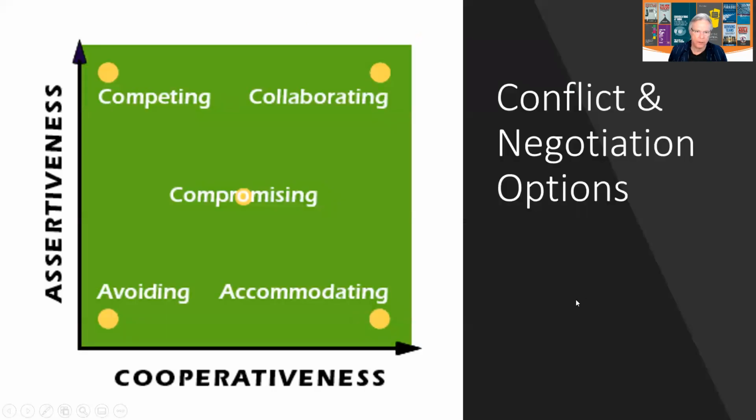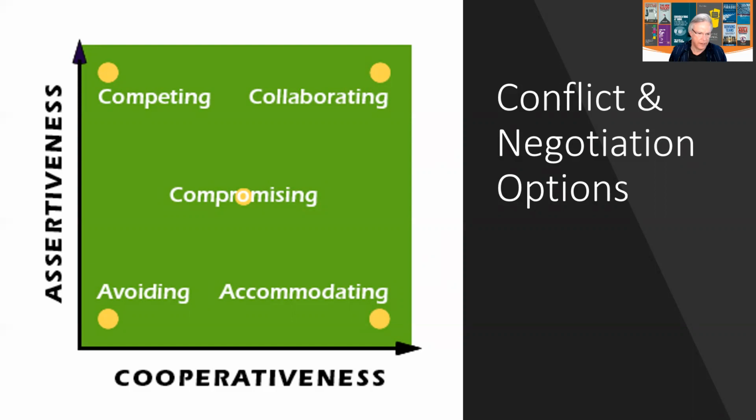Now, let's look at the model of conflict. Now, this model is Thomas and Kilmann's model. It's a relatively old model, but it's a very, very useful model to think about conflict. Now, let me just give you a heads up as to how it works. You'll notice that in this case, we've got the vertical axis talking about being assertive. So at the bottom there, it's low assertion. At the top, it's high assertion.